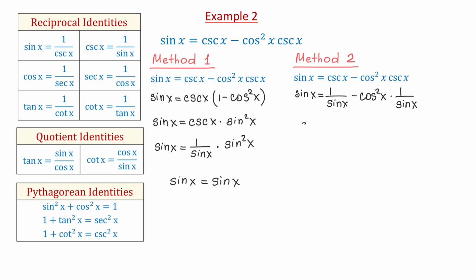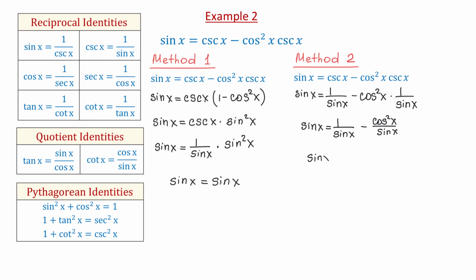This is the same as sine of x equals 1 over sine of x minus cosine squared of x over sine of x. Now, once we have two fractions with the same denominator, we can subtract and write them as a single fraction. Then we will have